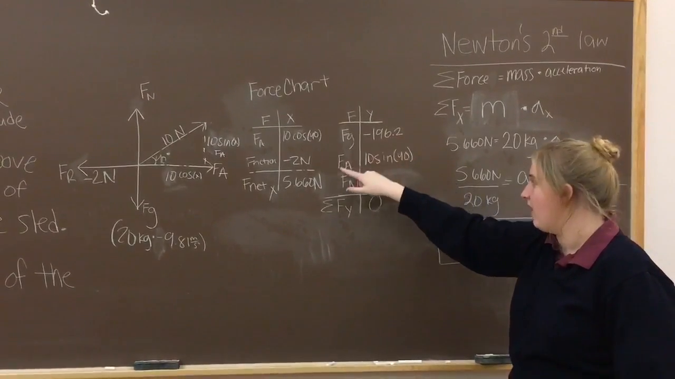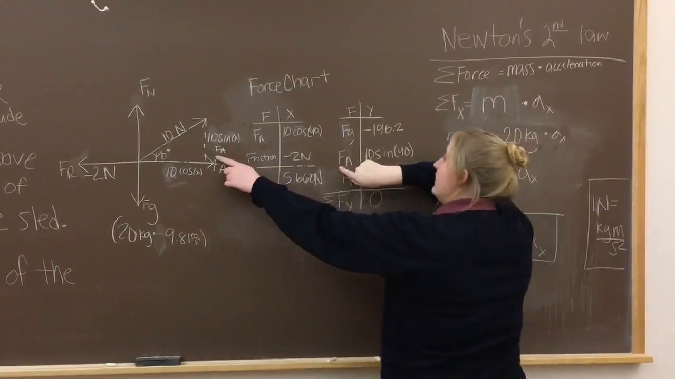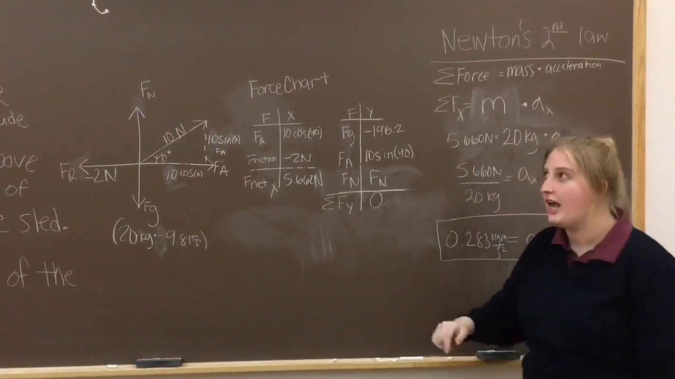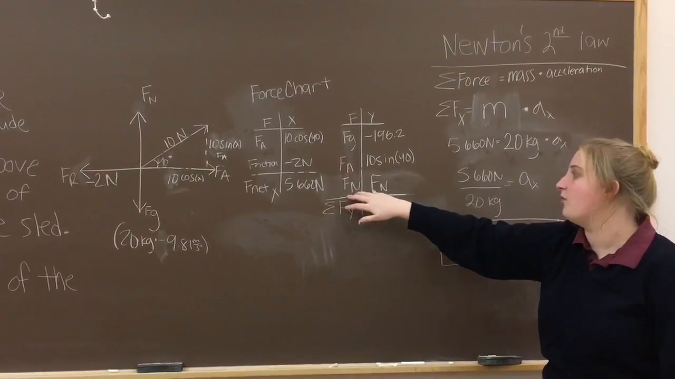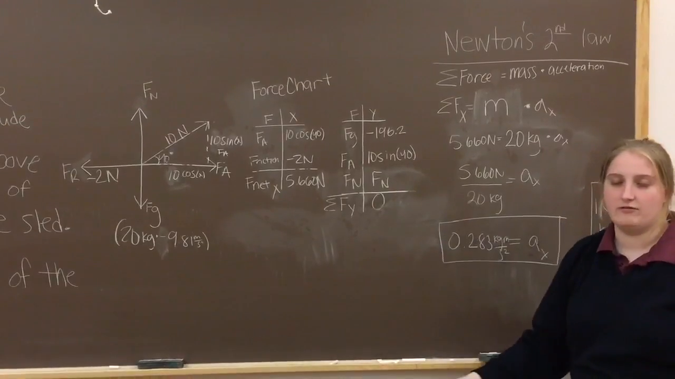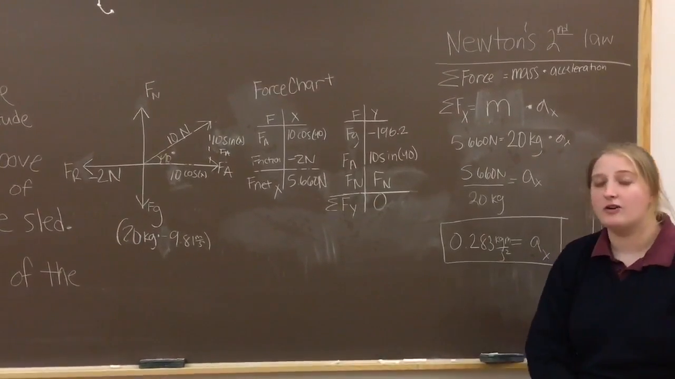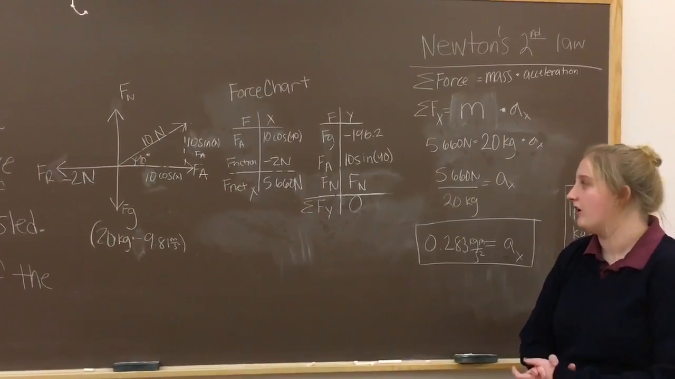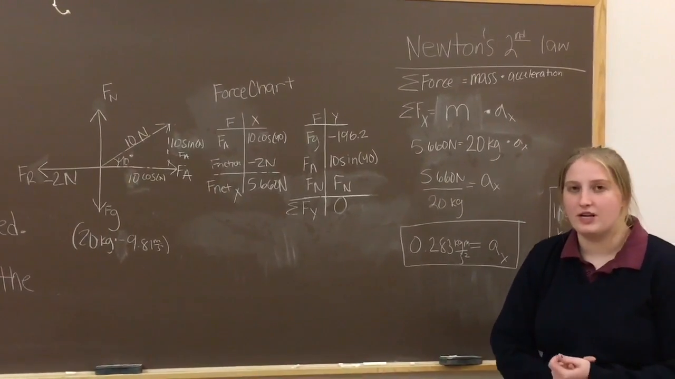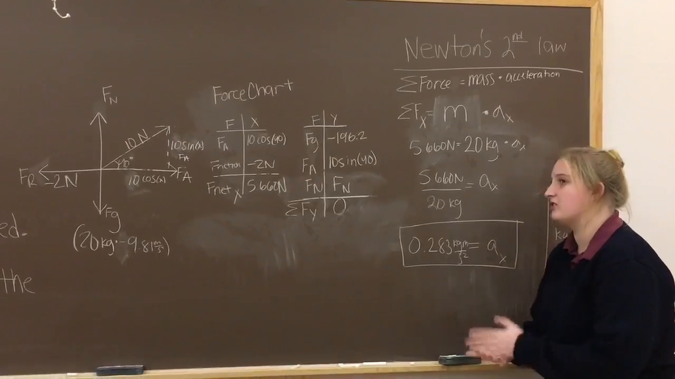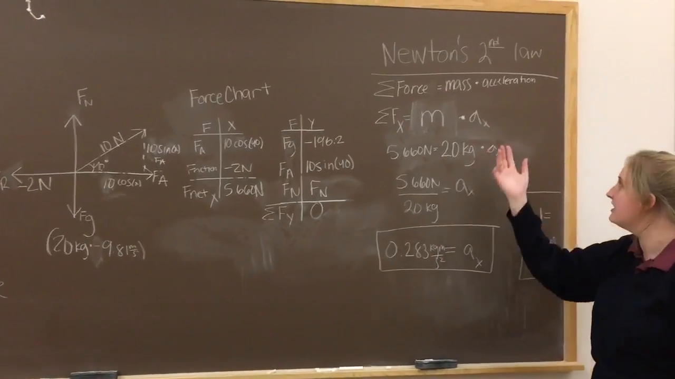And then our y's, our weight is negative 196.2. Our F applied is 10 sine 40. And our normal force is our normal force because we don't know our normal force. And we're going to set all this to 0. However, we're not going to use our y forces because we can solve this problem by using Newton's second law